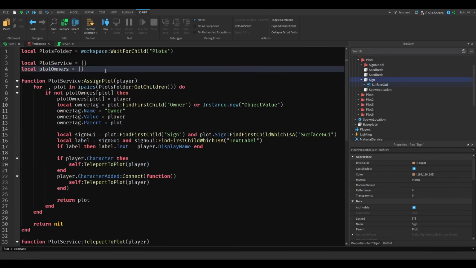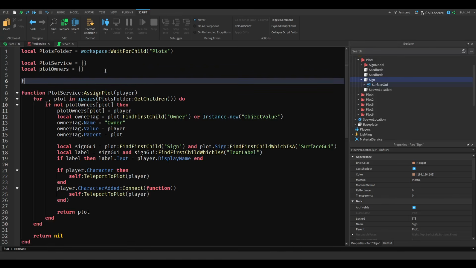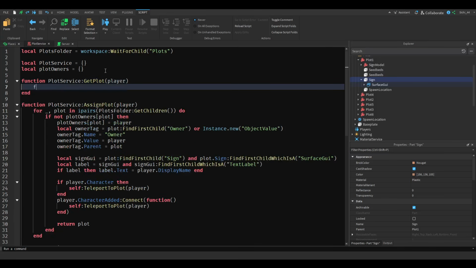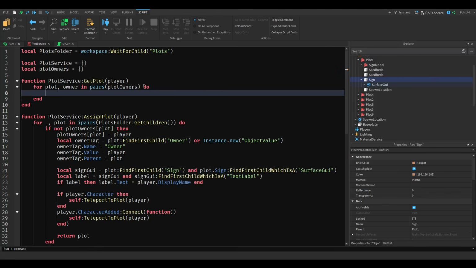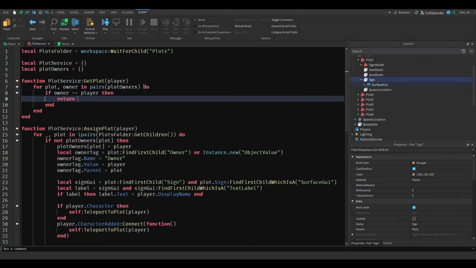It's going to be called plot sub, then colon get plot, and then for plot, owner in pairs plot owners do, if owner is equal to pair, then we return plot,